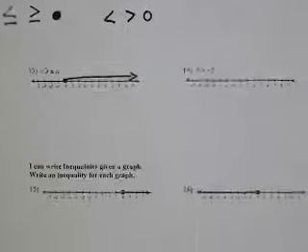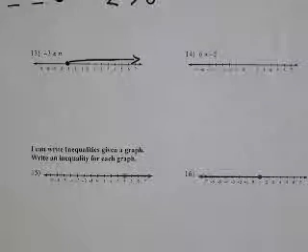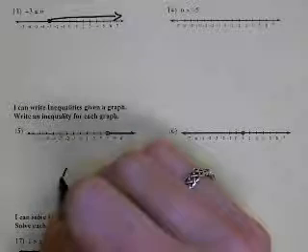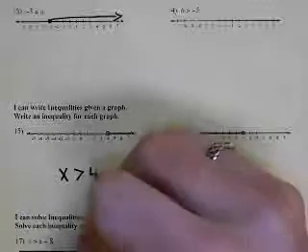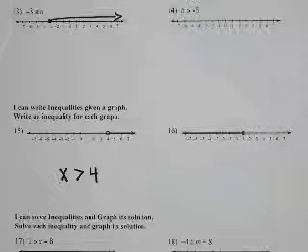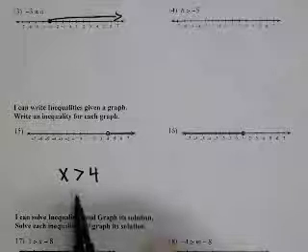Okay, when you write inequalities, you can choose any variable that you want. So we're going to be on number 15 and 16. I usually just choose X. See how the big numbers are colored in? That means the big side has to be by the X. And the number that we want is 4. But it's an open circle, so we just do a greater than sign. We don't do greater than or